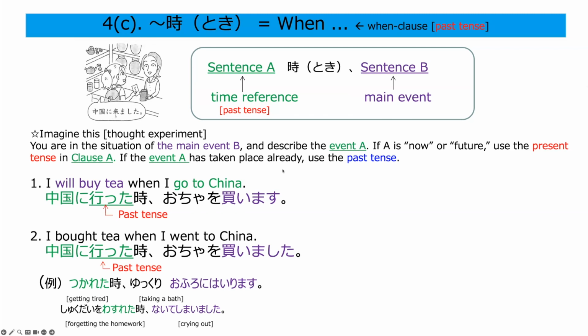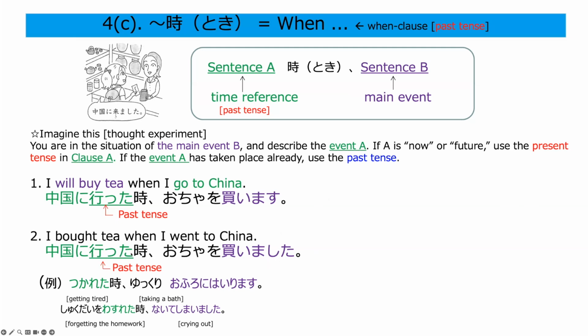Because first going to China and then buy tea. So from this point of buying a bag of tea, going to China has to have happened already. Therefore, in Japanese, they use a past tense structure. 中国に行ったとき、お茶を買います。